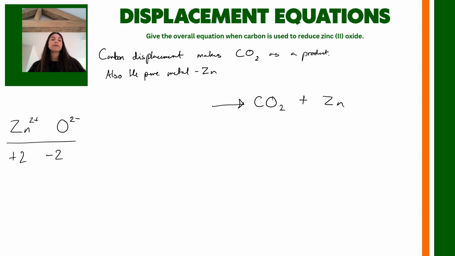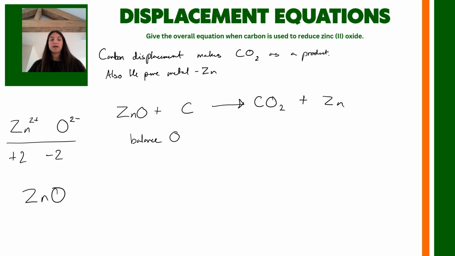Now, what is the formula for my zinc oxide? Well, it's zinc 2 oxide, which means that my zinc ions have a charge of +2, and oxygen is in group 6, which means that the oxide ions will have a charge of -2, and therefore both of those charges are balanced, so I can just write ZnO as my zinc oxide formula. So zinc oxide plus C for carbon gives me carbon dioxide and zinc, but now I notice that this isn't